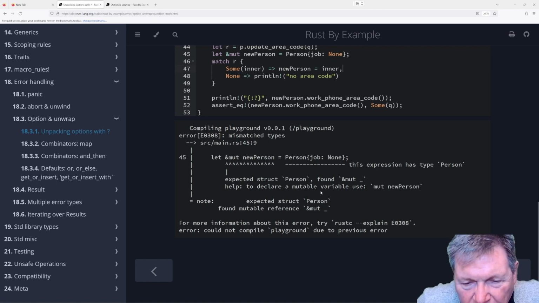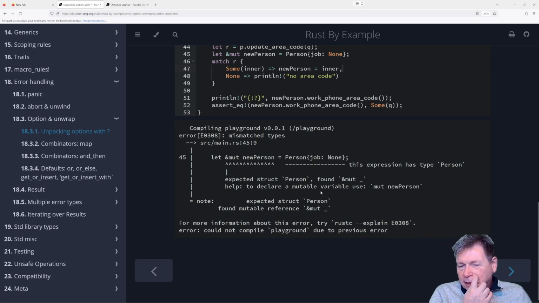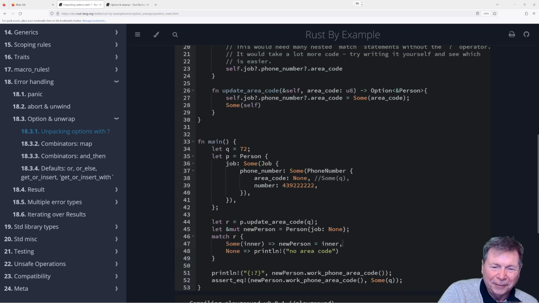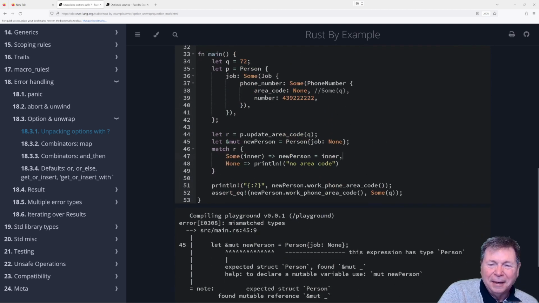Oh my goodness. Okay, so I can declare a person here. Oh man. Don't make this easy. And what I want to do is make a copy. Well, I don't actually want to make a copy.